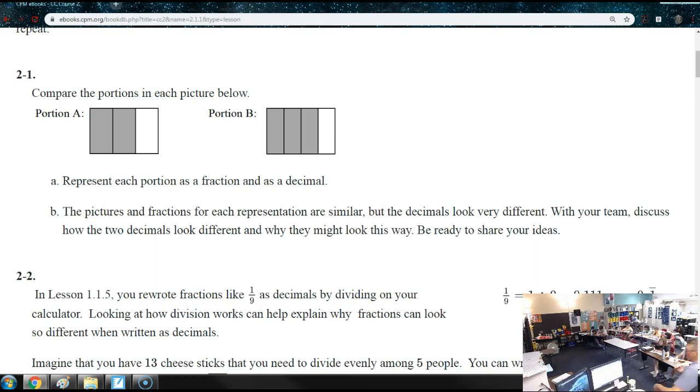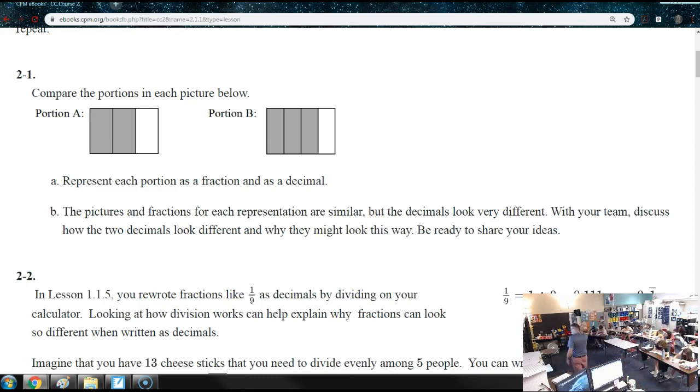Who can tell me what's different about them? They both have part shaded, part not shaded. Eric? They're divided differently. While portion A is in thirds, portion B is in fourths. Ooh, portion A is in thirds and portion B is in fourths. So how can we tell which one's bigger? Like which one has more shaded? What do you think? You gotta write down the fractions they are, and then you gotta make